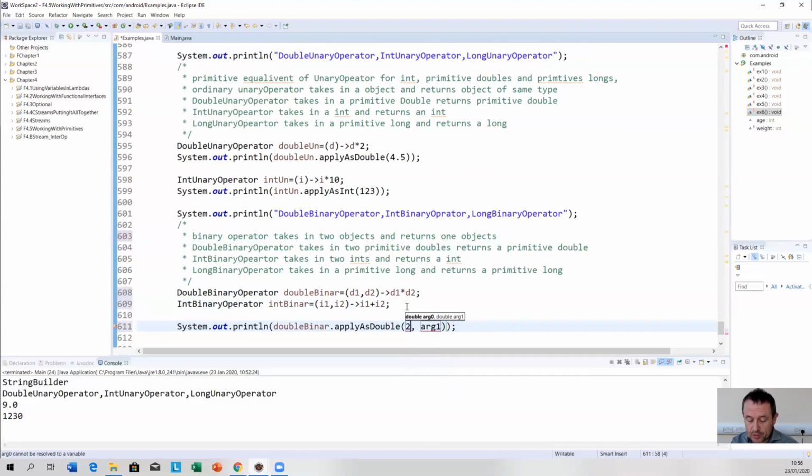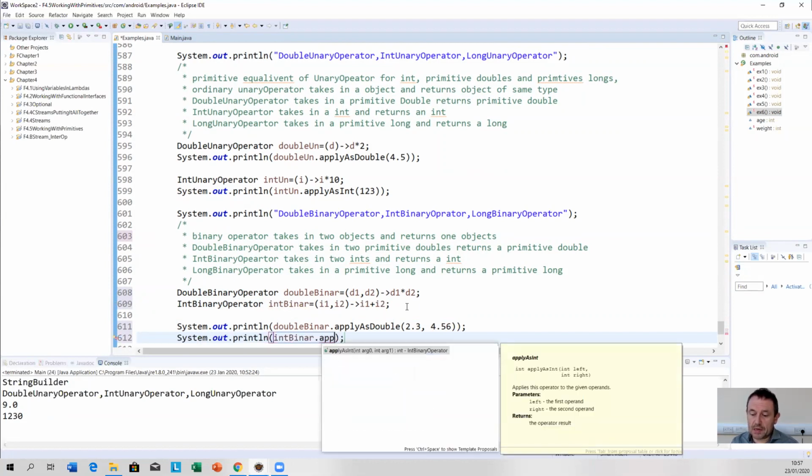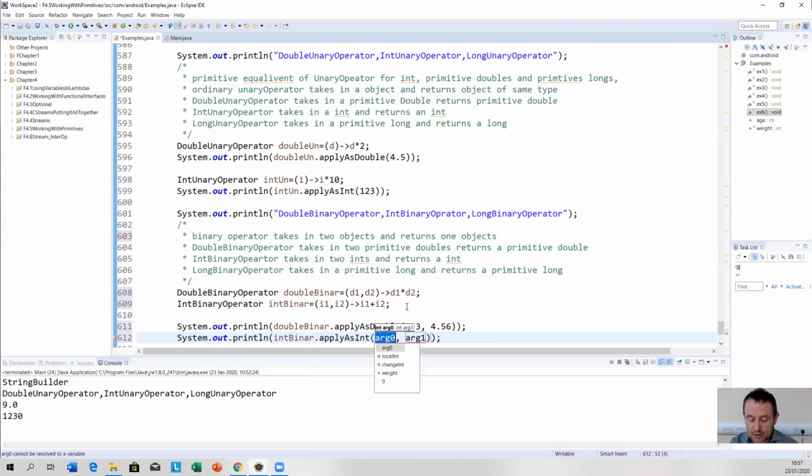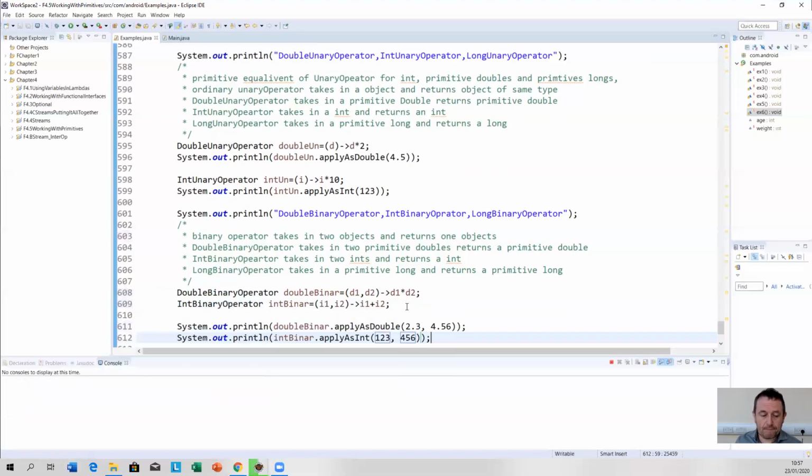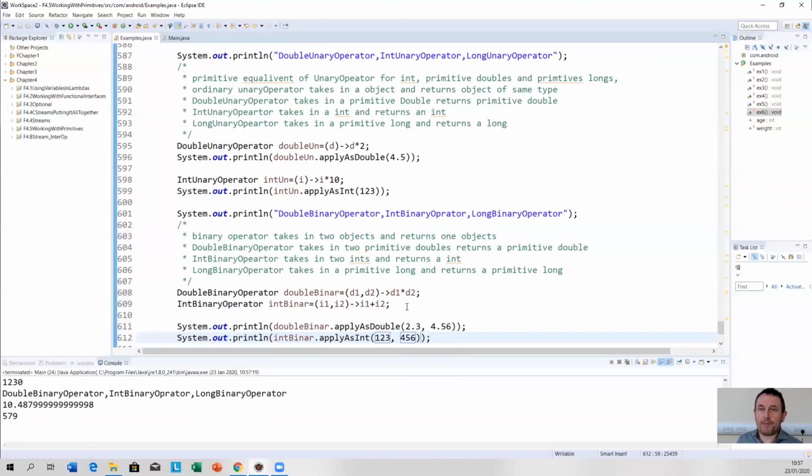I'm going to pass it in two doubles, 2.3, and we're going to say 4.56. This one here, int binary dot apply as int, and we pass it in two ints, 123 multiplied by 456. Okay, now